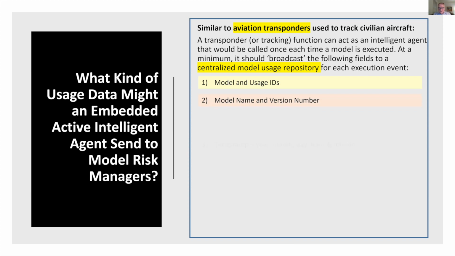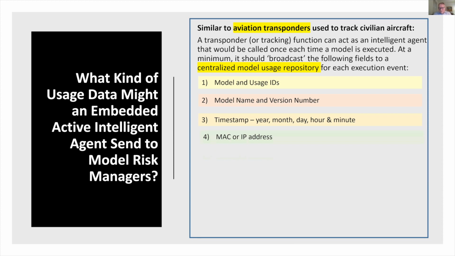The model name and version number, that's critical information. The timestamp, this records when that model execution event occurred. I listed here as month, day, hour, and minute. That granularity may not be necessary, but that's something that's obviously going to be determined by usage. And then a MAC or IP address.